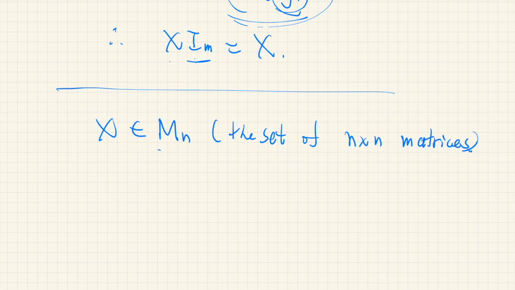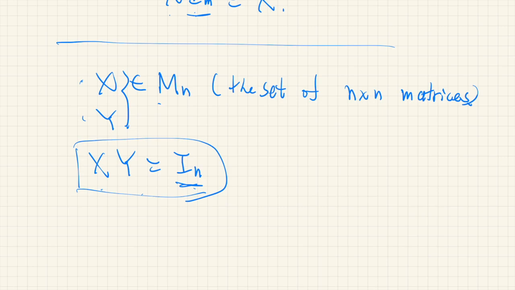And let's say also y is such a matrix. Then if we have xy is equal to the identity matrix, of course because both are n by n matrices, the result should be an n by n matrix. So if this holds,